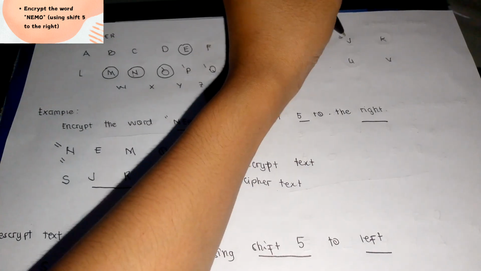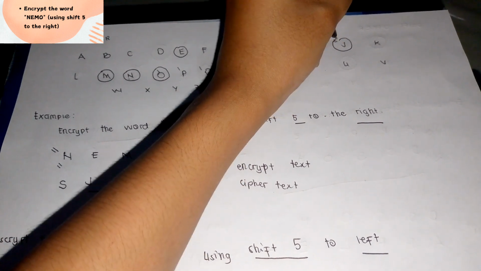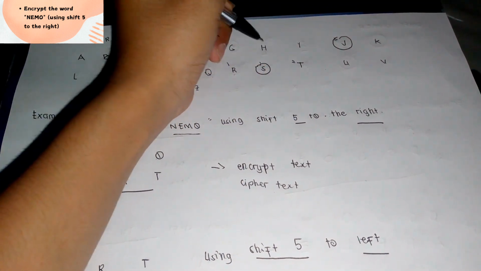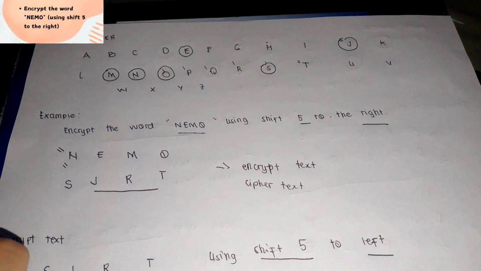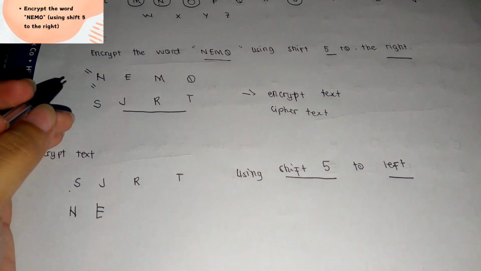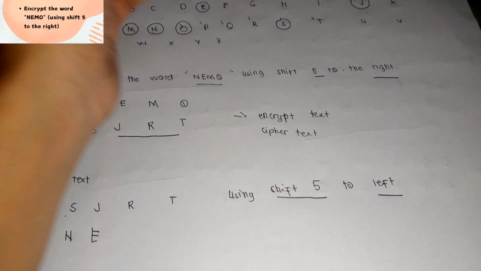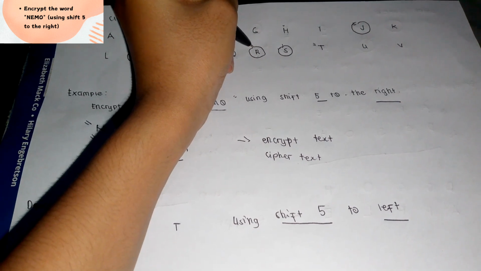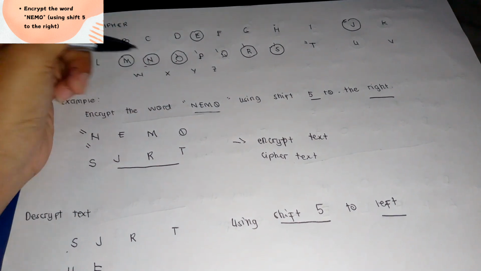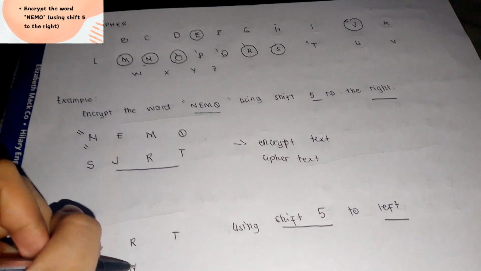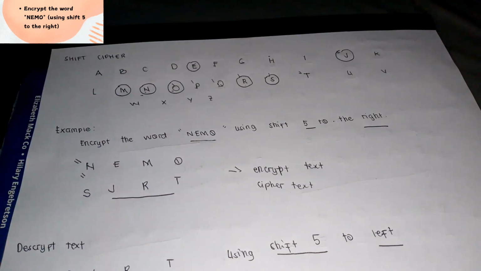J is right here. And we're going to count 5 times again. 1, 2, 3, 4, 5. We got E. Sorry, R is right here. And we were going to count 1, 2, 3, 4, 5. We got M. Disregard the circles because